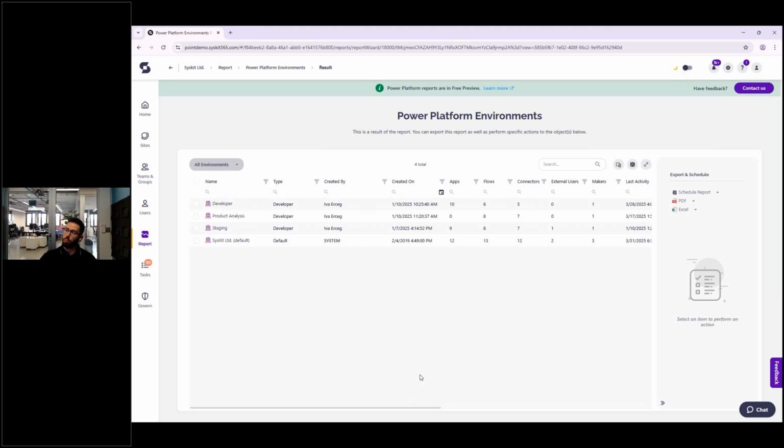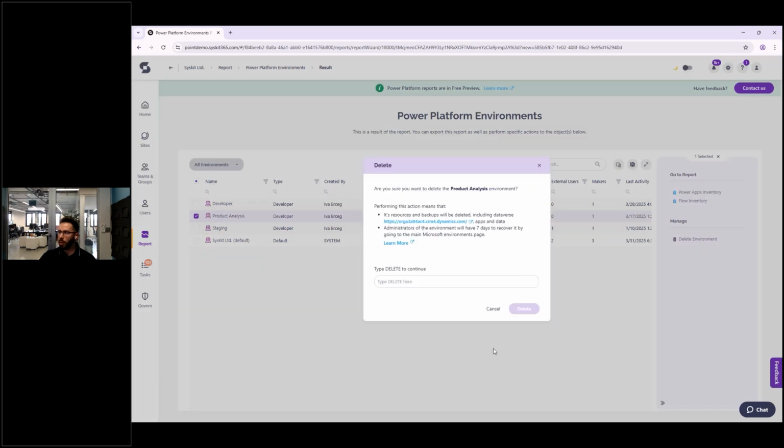But if you look at this list and figure out that maybe based on activity or maybe the number of apps and flows, you see that there are environments that aren't being used and that you want to clean up, you can simply select them. For example, let's select this product analysis, and you can delete the environment right from Syskit Point.